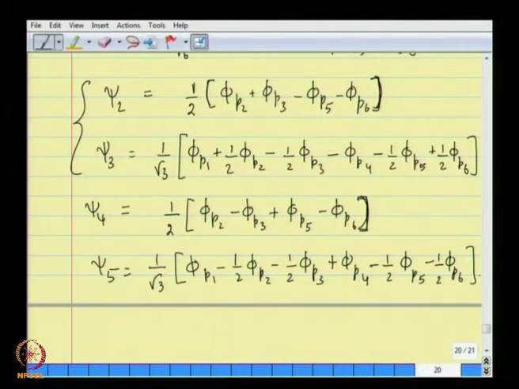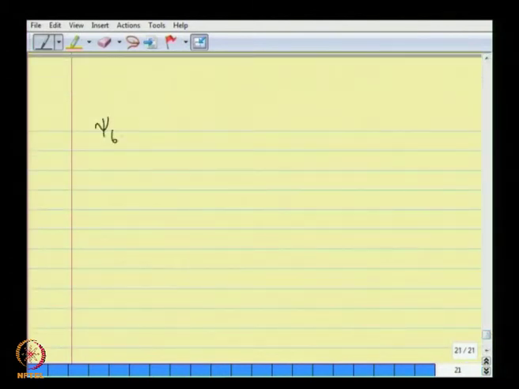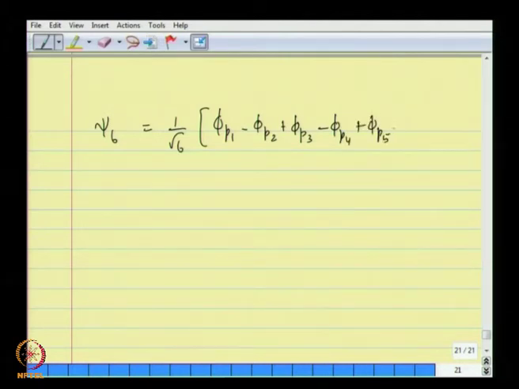And these two are the degenerate orbitals with the energy alpha minus beta. These are with the orbital energies alpha plus beta, and the last one, psi 6, is obtained from psi 1 with alternate minus signs, namely phi p1 minus phi p2 plus phi p3 minus phi p4 plus phi p5 minus phi p6. Okay. So, now if we look at the orbitals on the ring,